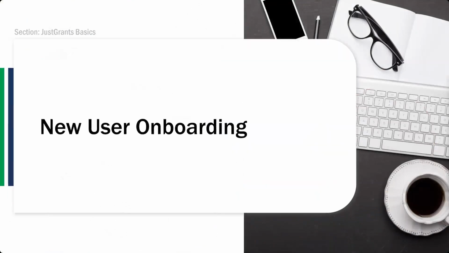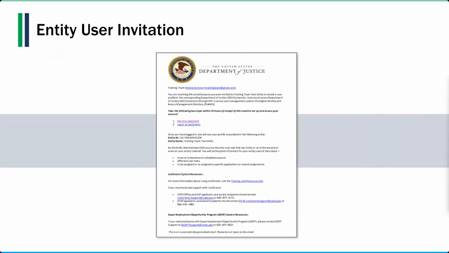Now, a newly invited JustGrants user will receive an email with instructions to create a user profile and activate their JustGrants account. Let's take a look at that process in JustGrants now. Now, keep in mind the sequence of events that occurs prior to you receiving this notice. First, your entity administrator is going to need to add you and your associated roles in Diamond. This invitation email will then be sent from